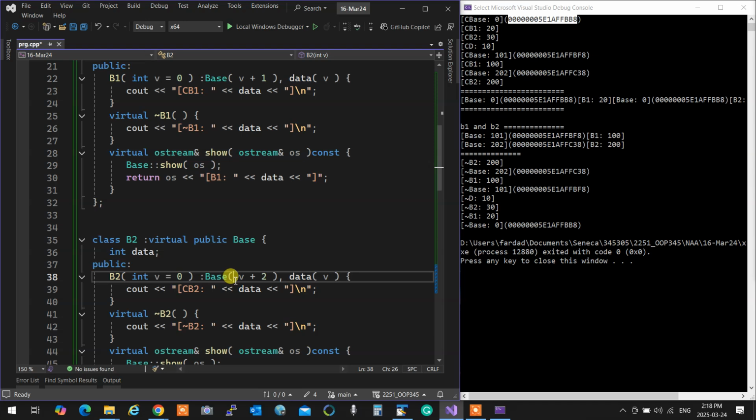Based on what I told you, what happens over here is that you're still going to have parallel, which means you're going to have two different bases. And one of them will be defaulted. There is no way for compiler to know if you have 5 different virtuals or not. It doesn't.